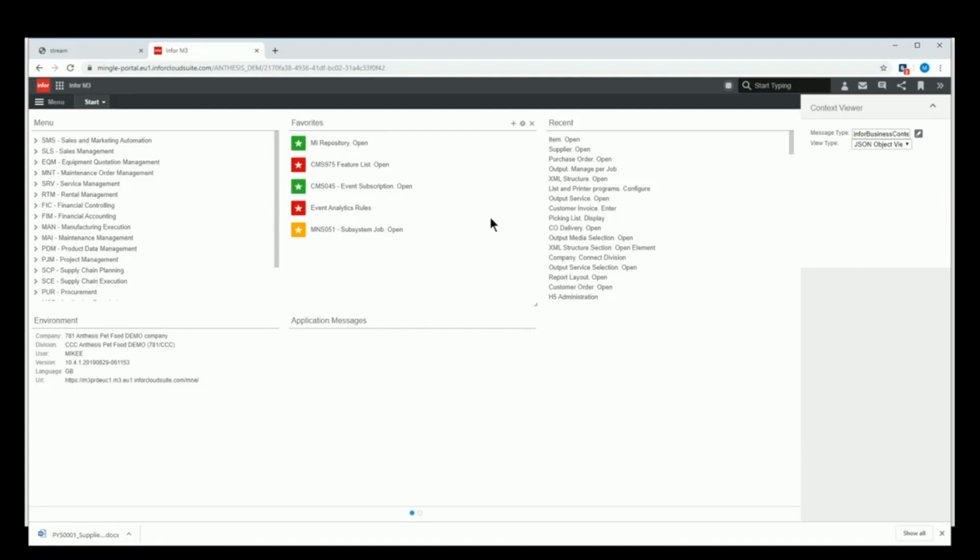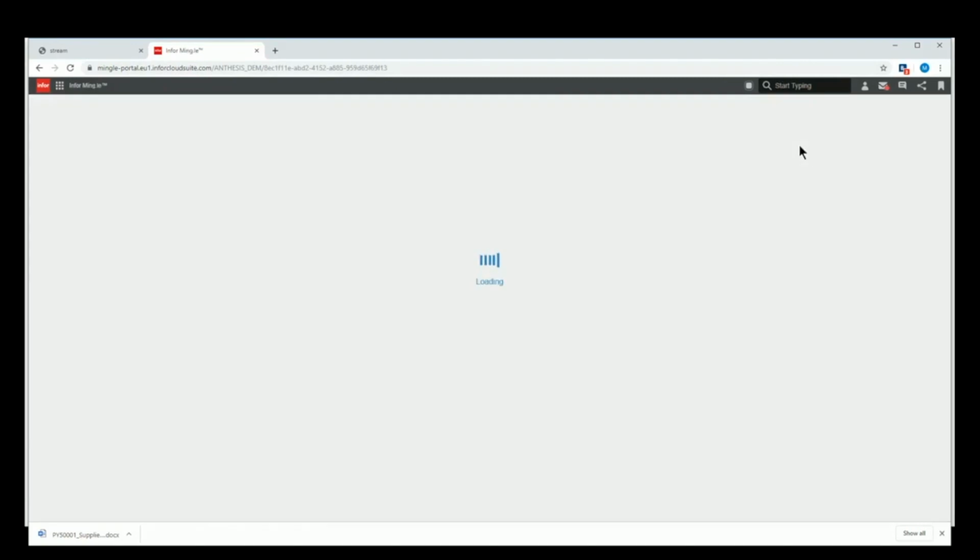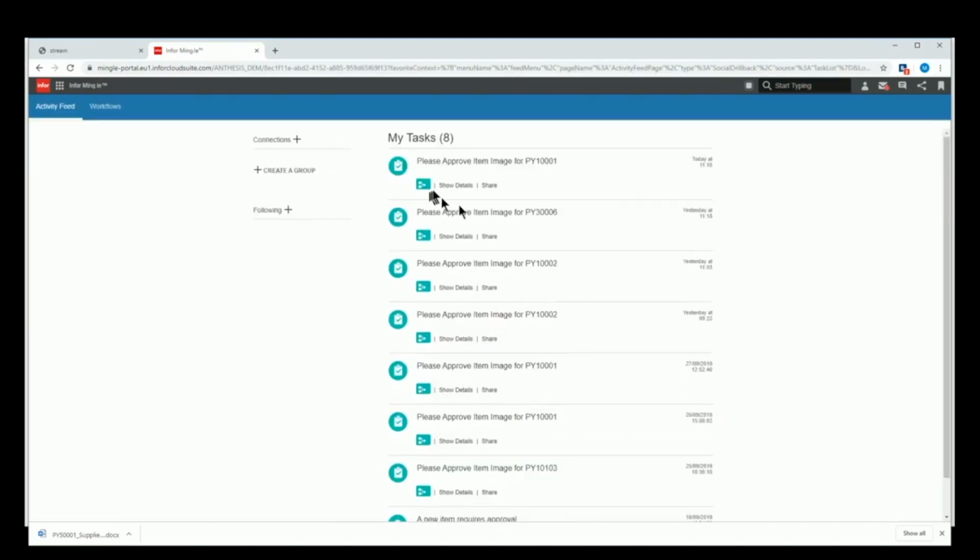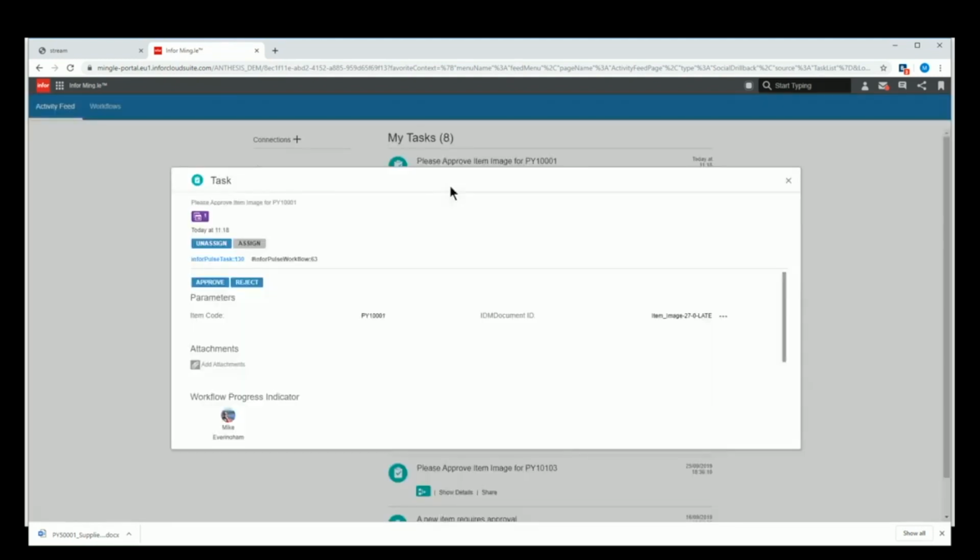The approval process is driven by a workflow, and I've received a notification here that I have a task, and the message is, please approve item image for PY10001. So I'll click show the details,